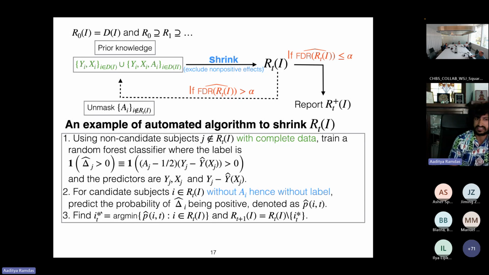So the I star t is just going to end up being some kind of greedy choice of the person who has the least probability of being positive according to my model. But the point is, I can change this model in every round. If I start to see that I'm picking out people with positive treatments, I can guess that something's wrong with my model. I can adjust my model in consecutive rounds and so on. So the way I choose this I star t can adapt and change. I don't have to pre-commit to a particular model, to random forest, for example, or something like that.